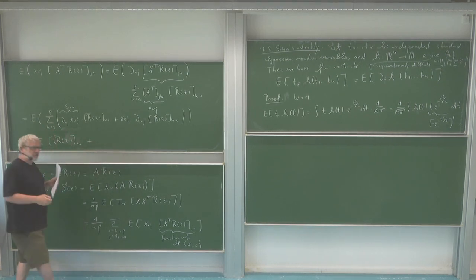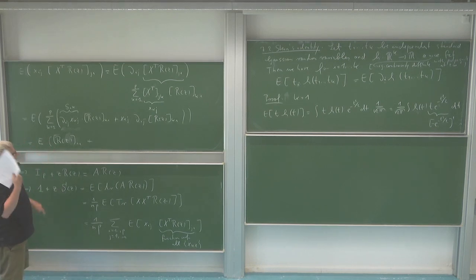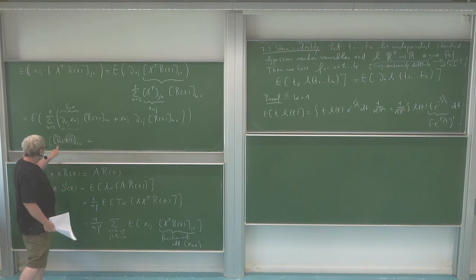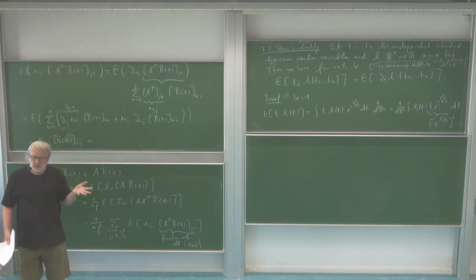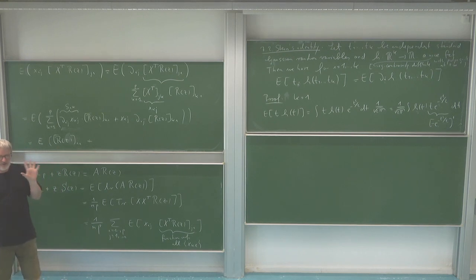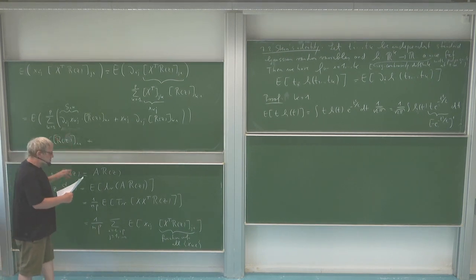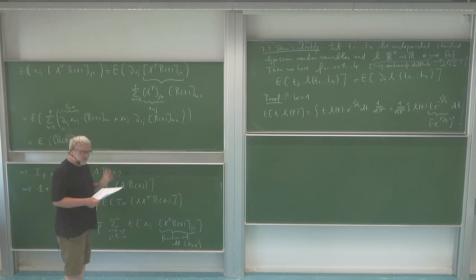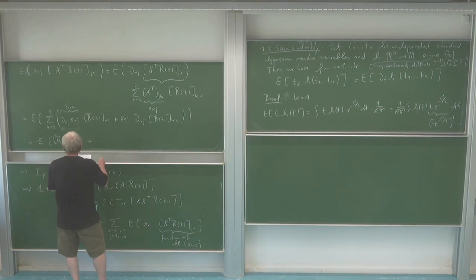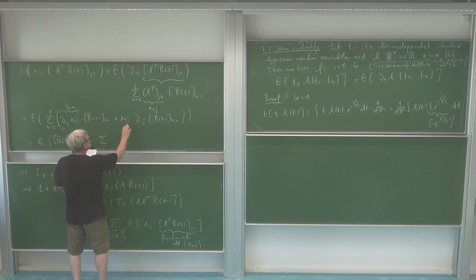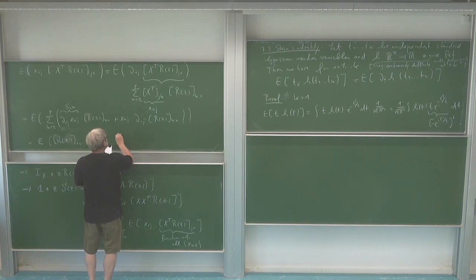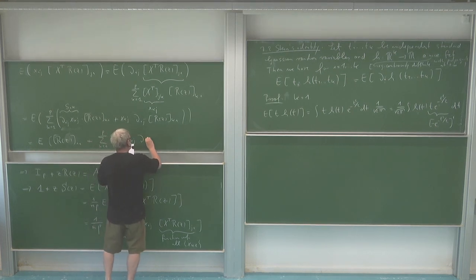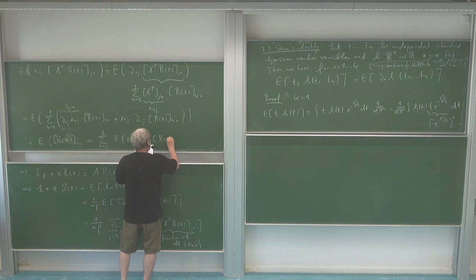Okay, and it is of course a good thing, because you see, I'm still summing over i, which will give the trace of this thing. That's a thing which I really want. The trace of the resolvent and the expectation, that's my Stieltjes transform. This is a good term, which I can deal with later. But of course I have the other terms, which make more work. So what do I have there? For this term, I still have my sum from 1 up to p. And then I have the expectation of x kj, the derivative of ij of r of z ki.